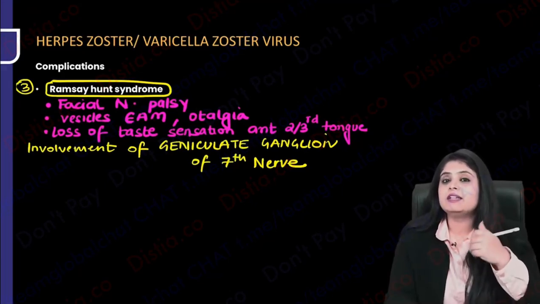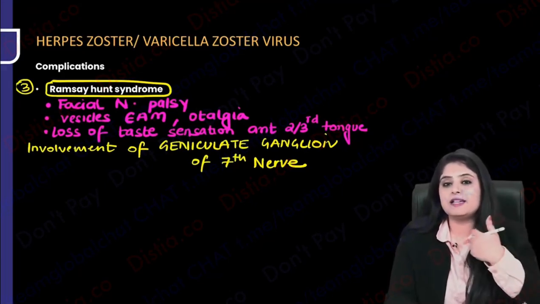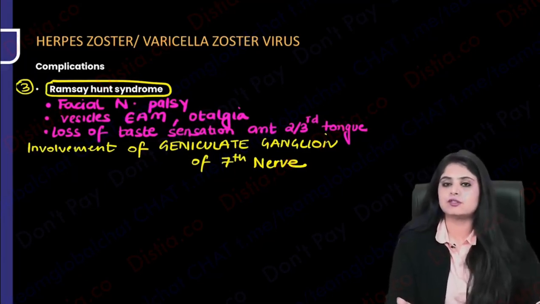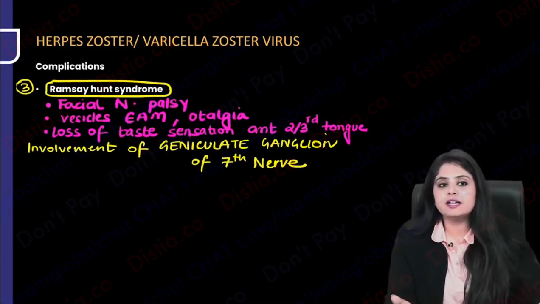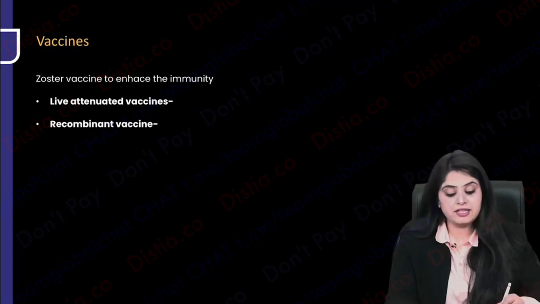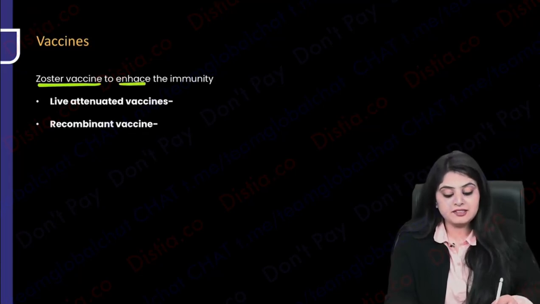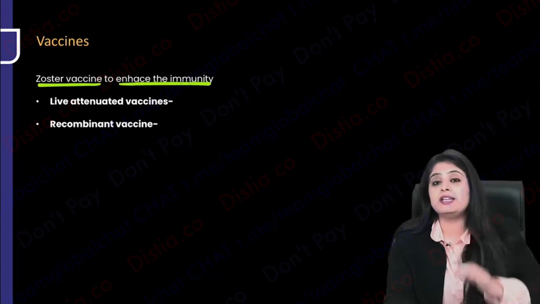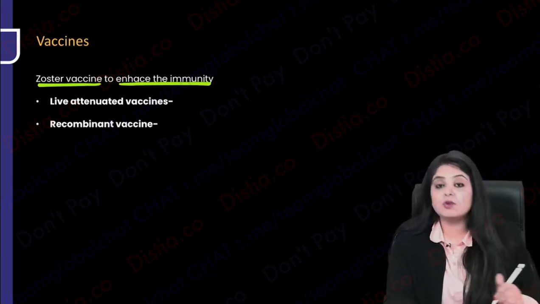But this means that for some other people, like if I had chickenpox when I was in my 3rd or 4th class, ideally I should have lifelong immunity. But is that so? No. Now they are saying that we might need zoster vaccines to enhance the immunity, because with age maybe the antibody levels decrease. So they have come out with 2 vaccines.